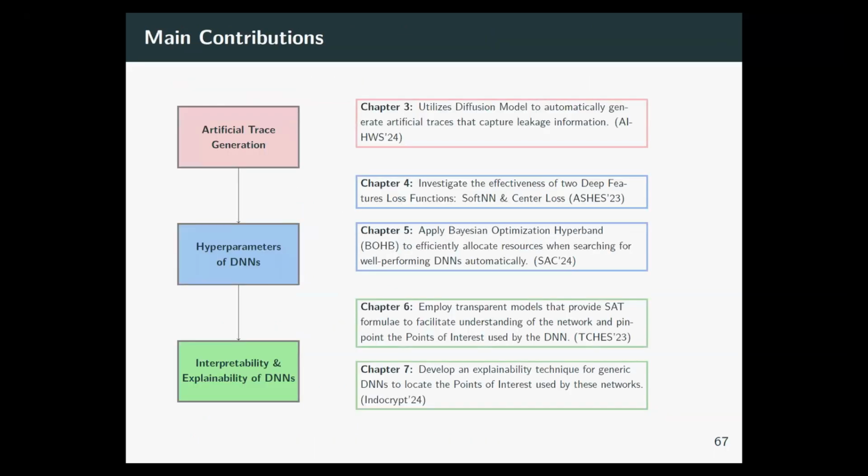Overall, my main contributions throughout my whole work are as follows. Firstly, we look into artificial trace generation, where we use diffusion model to generate artificial trace that capture leakage information. Then we look into hyperparameters of the deep neural network by first looking at one type of hyperparameter, the loss function, and investigate the effectiveness of two deep feature loss functions, stop and end and center loss. Then we look into the hyperparameter tuning process by applying BOHP that efficiently allocates resources when searching for well-performing deep